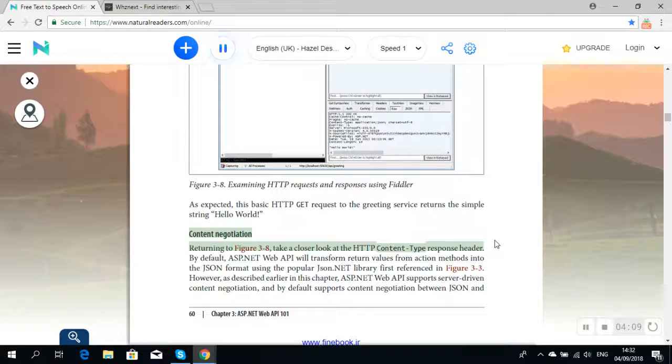Content negotiation. Returning to Figure 3-8, take a closer look at the HTTP content type response header. By default, ASP.NET Web API will transform return values from action methods into the JSON format using the popular JSON.NET library first referenced in Figure 3-3. However, as described earlier in this chapter, ASP.NET Web API supports server-driven content negotiation, and by default supports content negotiation between JSON and